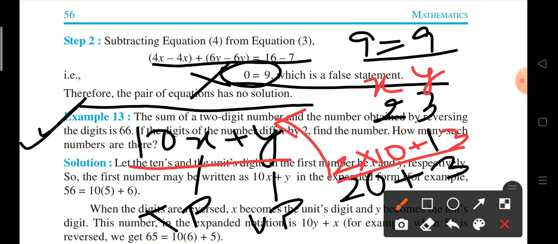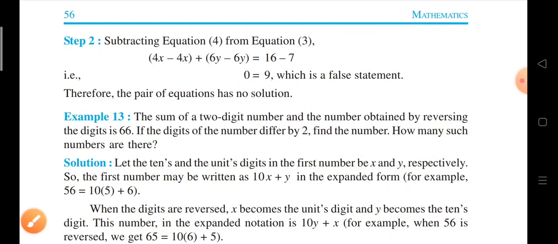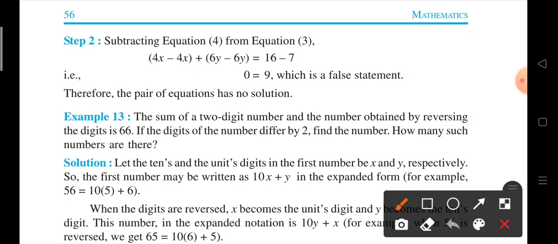Now the number obtained by reversing the digits is 10y plus x, because the unit place will move to the tens place and the tens place will move to the unit place. Clear? So they have said that the two-digit number and the number obtained by reversing the digits, their sum is 66. So we can write 10x plus y,